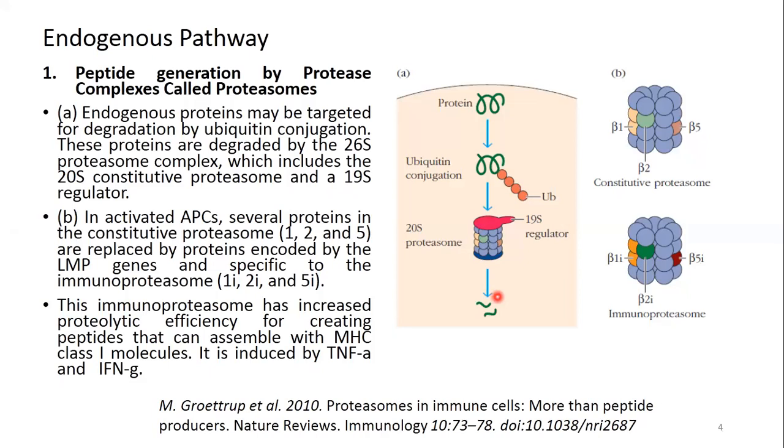So it increases the production of peptides that bind efficiently to class 1 MHC molecules. Also, notice that these immunoproteasomes are especially induced by interferon gamma and tumor necrosis factor alpha. So that's why I meant they exist in activated antigen presenting cells. What is the difference between this and this in terms of efficiency or function? The immunoproteasome turns over